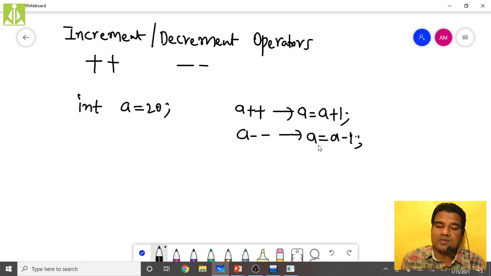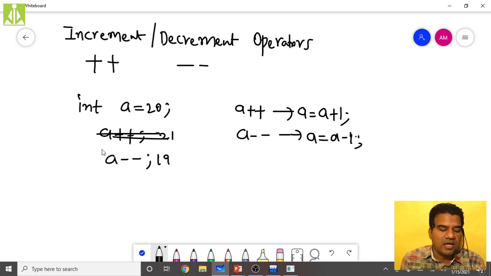When you say a plus plus, it will add 1 to a, so the value of a will become 21. If you say a minus minus, then the value of a will become 19.